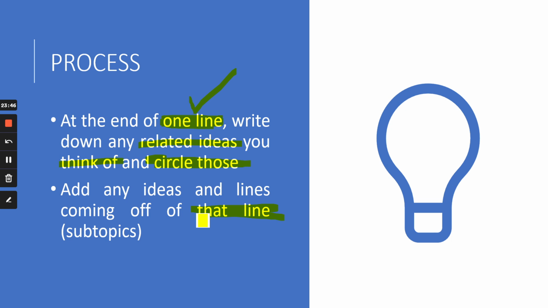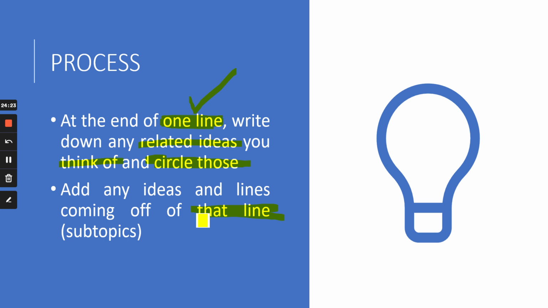Now from that circle also I will make 1 or 2 lines, only 1 or 2 lines, and I will write any further idea about that topic which I can use while explaining those ideas in my essay. Okay, cool. So what you're doing is: the topic, then your idea will be the subtopic, then from that also you're making 1 or 2 lines and writing further ideas, like explaining how this will happen.